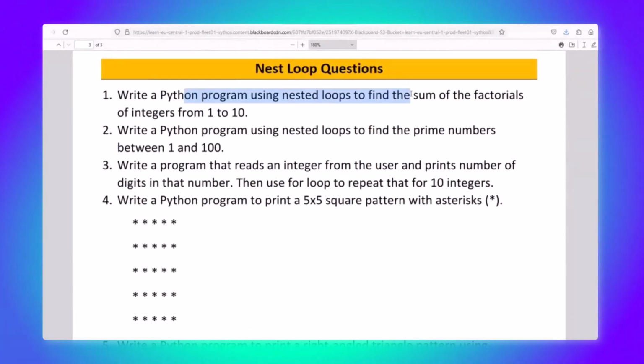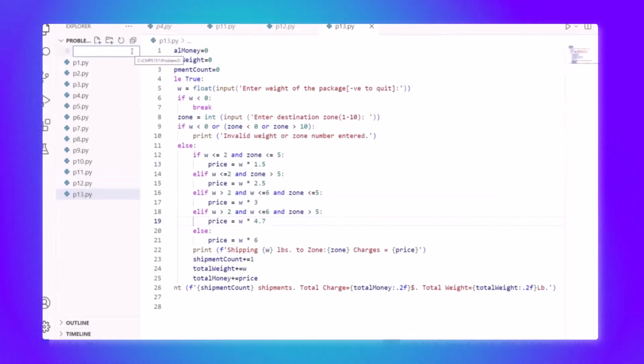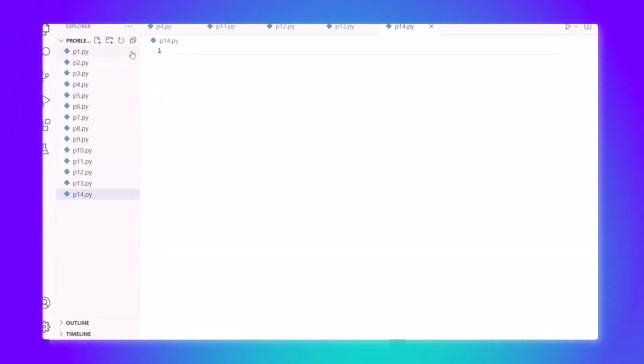Write a Python program that uses nested loops to find the sum of factorials of integers from 1 to 10. So we know how to find the factorial of a number. But now we need to find the sum of factorials from 1 to 10. So first thing, we do it for one value. So here I'll say p14.py. So for one value, n is equal to